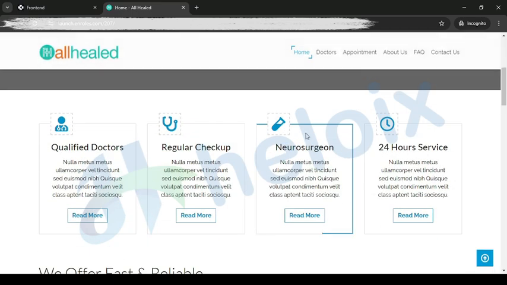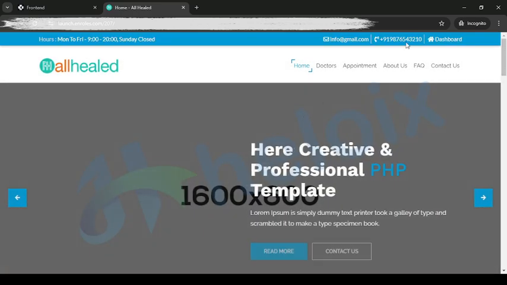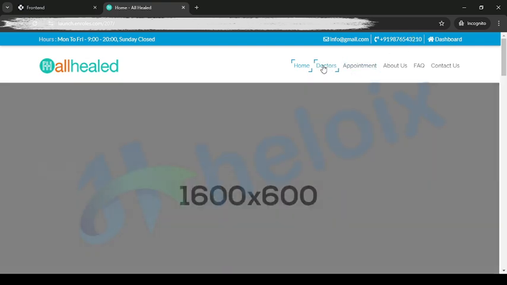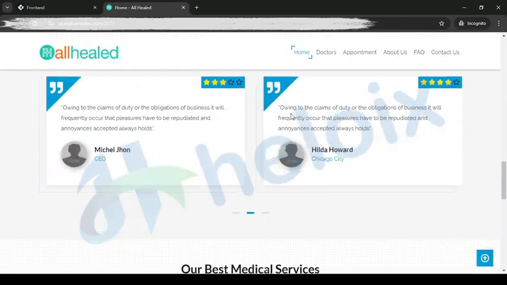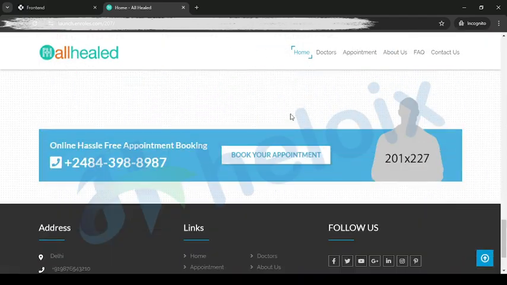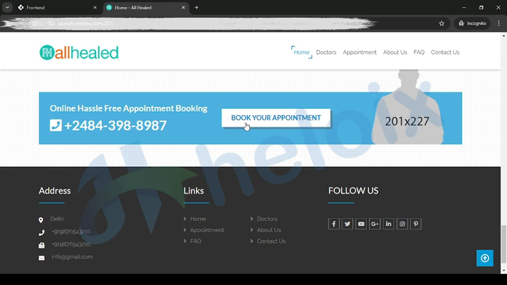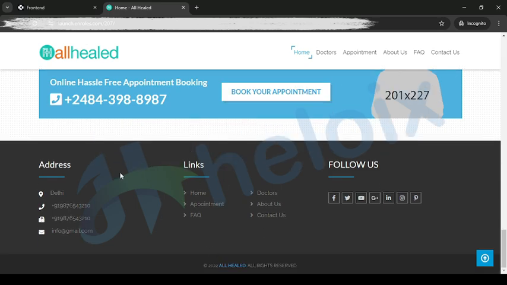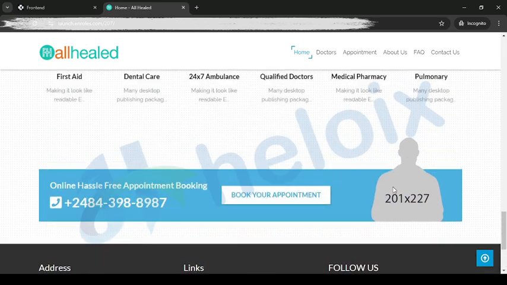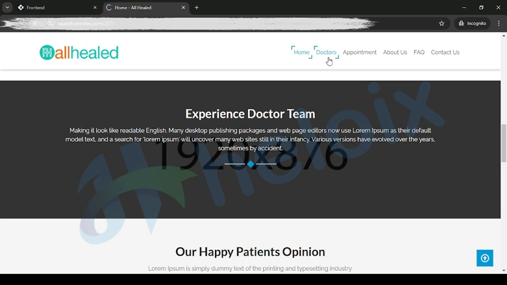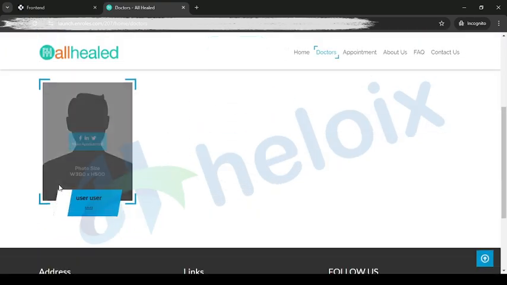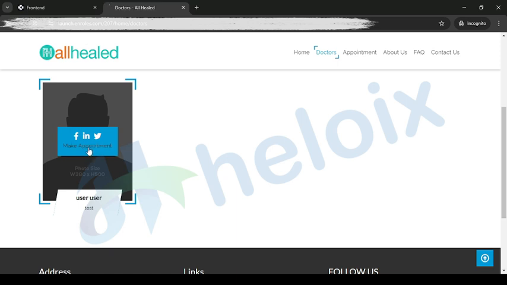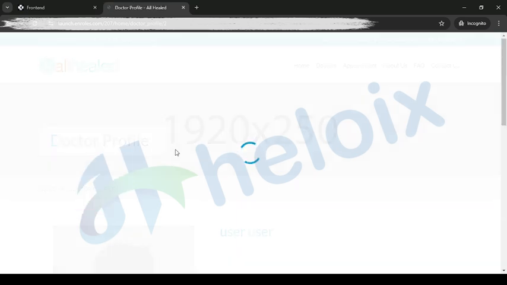So this is the home page. Your user can easily register here by adding a user ID and password, like a patient can log in or a doctor can log in. Your user can find out all the data, like what types of service we are offering. They can book an appointment, they can check the links and which location we are located in, and they can check our doctors' data, like how many doctors we have, how many departments, and in which departments we are dealing.